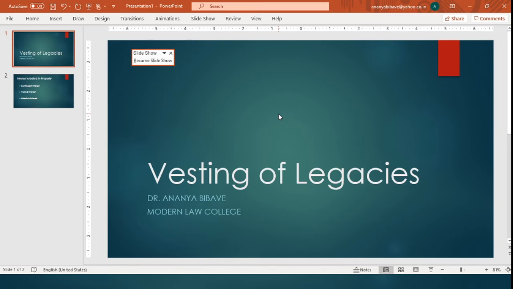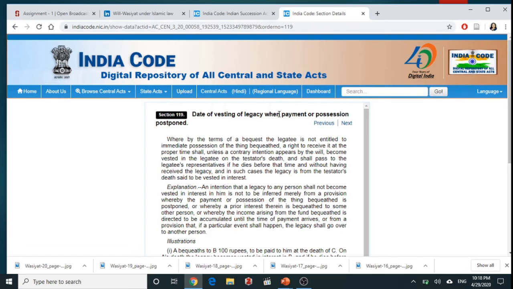The Indian Succession Act, Section 190, speaks about the date of vesting of legacy on payment or possession postponed. So, for understanding this concept of vesting of legacy, let us first go through this section under the Indian Succession Act, where by the terms of the bequest, a legatee is not entitled to immediate possession of the thing bequeathed. A right to receive it at the proper time shall, unless a contrary intention appears by the will, become